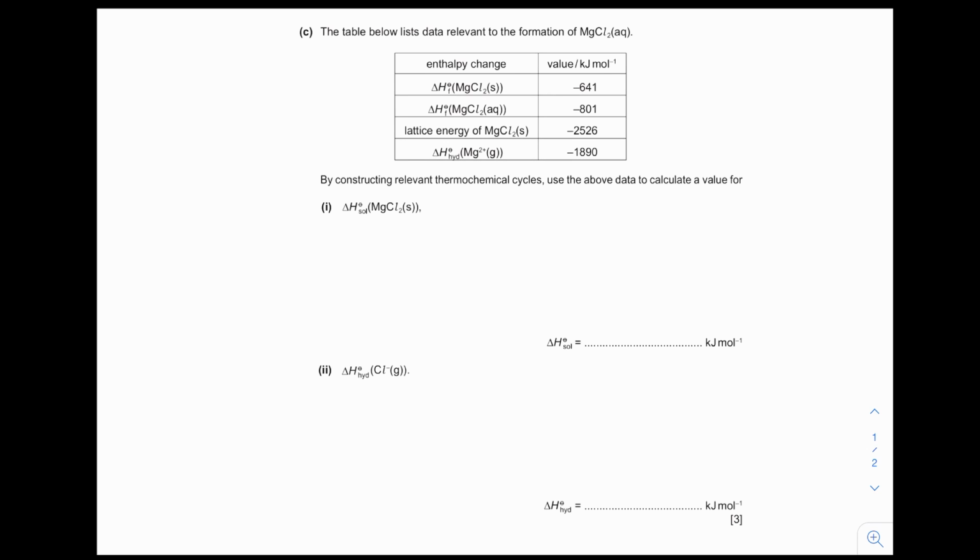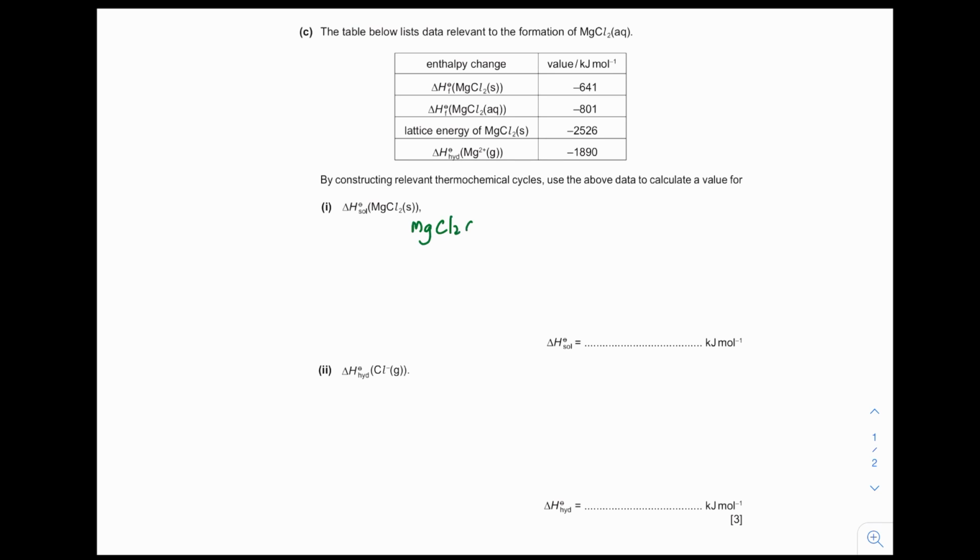Today we are going to look at the June question paper 42, question 1C. The table below lists the data relevant to the formation of magnesium chloride. By constructing the relevant thermochemical cycle, use the above data to calculate a value for the enthalpy change of solution of magnesium chloride. So the first step is to construct an equation for the enthalpy change of solution of magnesium